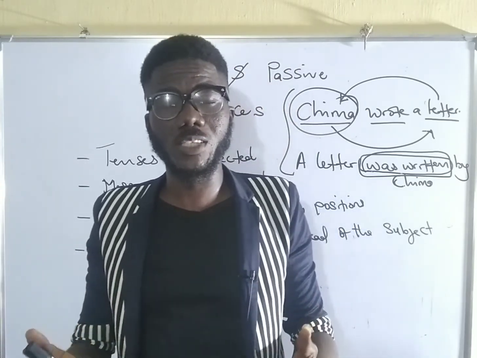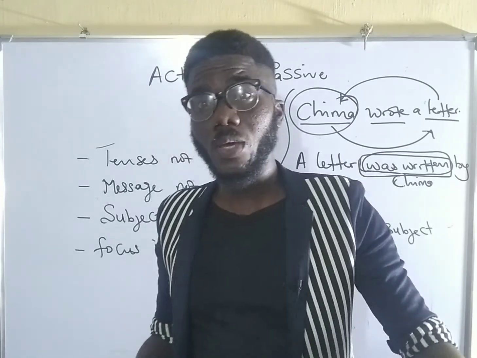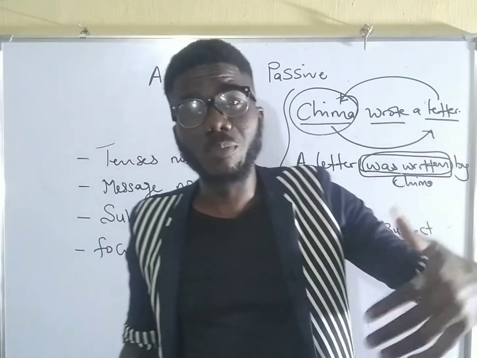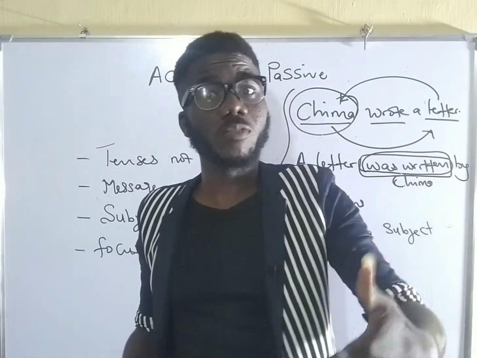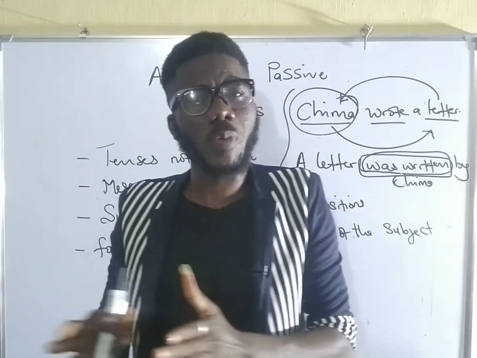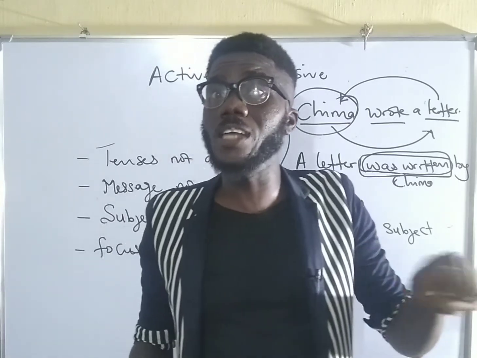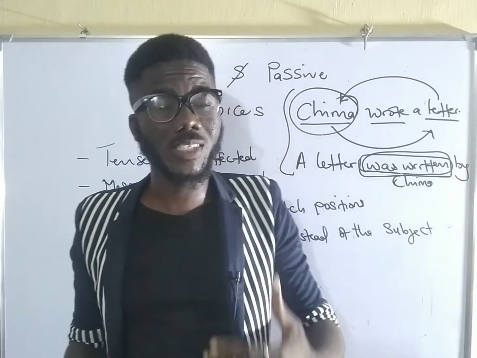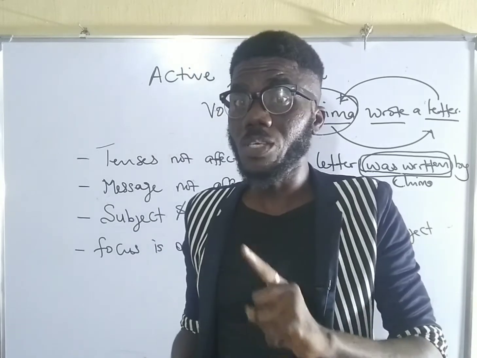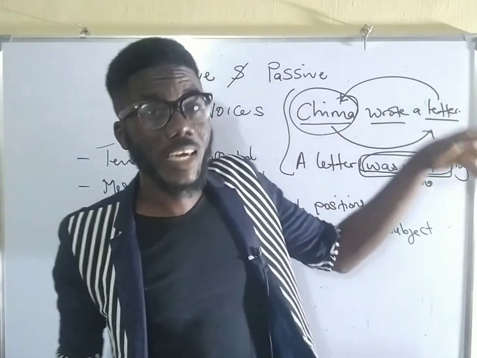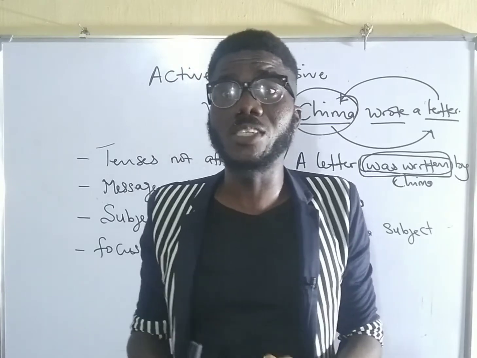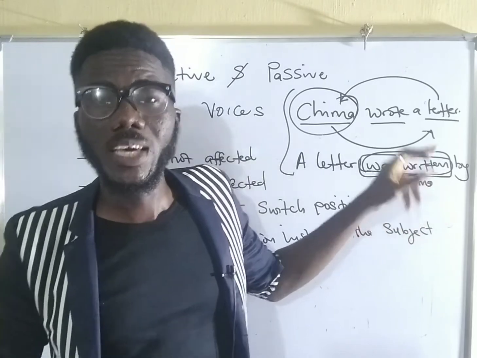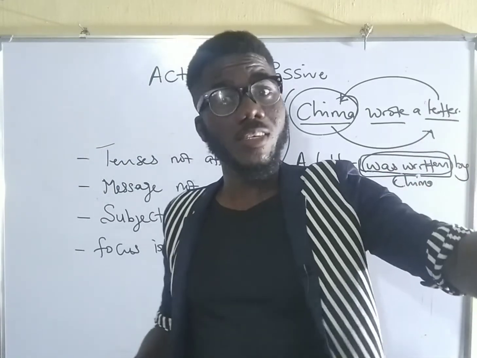If we want to present a sentence in the present continuous tense form, you might have something like Chima is writing a letter. This time around, it is in the present continuous tense form, or present progressive tense form, as you may wish to call it. If you are to change it to passive voice form, that is where being will come in. Take note, it is being that you use when you are talking about a sentence in the present continuous tense form and not been. So, Chima is writing a letter. If you are to change it, what you then have there is a letter is being written. The same form of verb. A letter is being written by Chima.